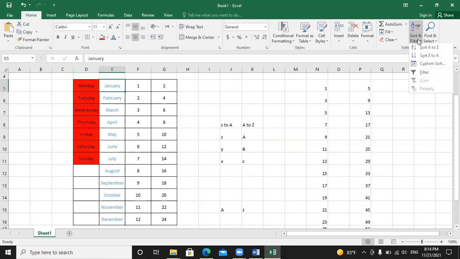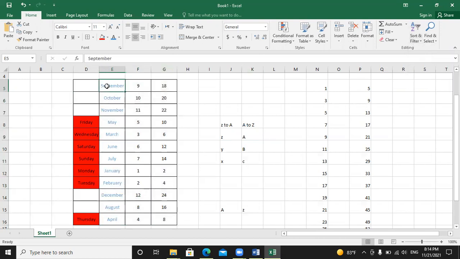Sort A to Z or Z to A. If I click Z to A, you can see this one, S, is the largest text. The last text is X. S, after that O, after that N, and so on. Here the last one is K, letter A.